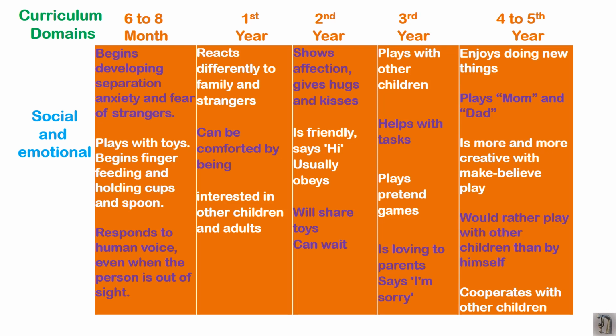Okay, and then when the child reaches the second year, they show affection, give hugs and kisses to the mom and sometimes the father and the other family members, then play with the other children, and then at the age of 5 years enjoy doing new things, creative things. They will be playing with the mom, dad. Okay, so this is how the complexity level increases from 6 months till the 5th year, and even it will